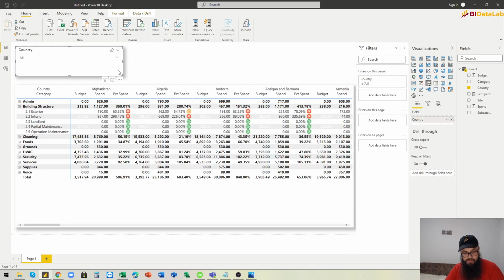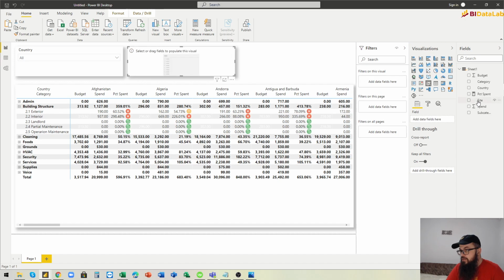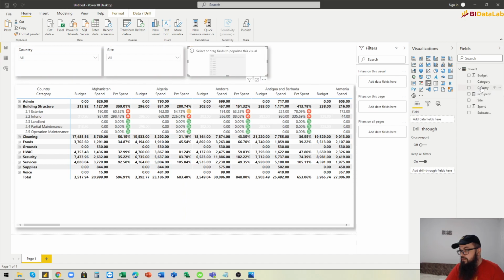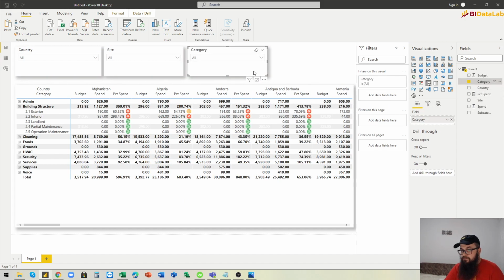Then we can also put site here, even though site and country is 1. Then we put category, and finally the subcategory, and everything works